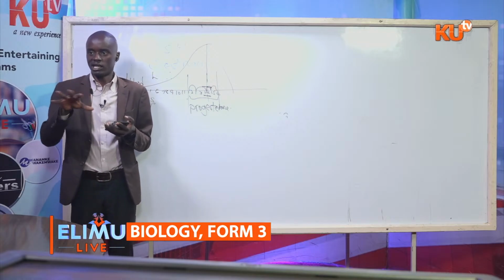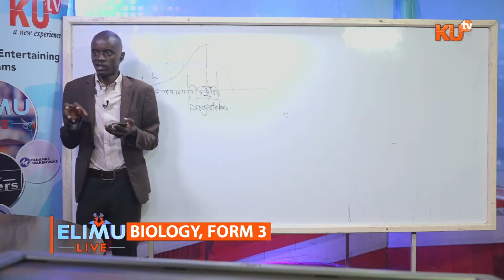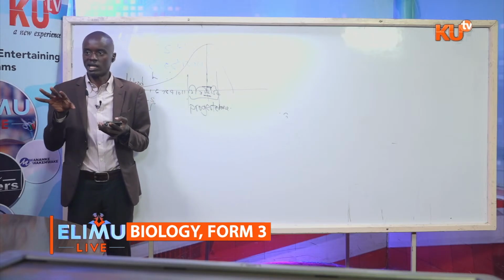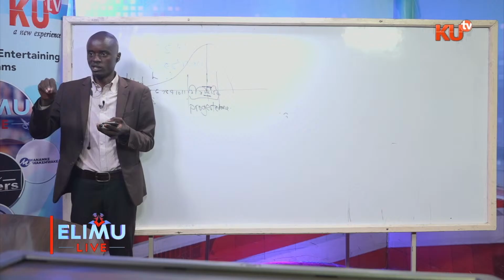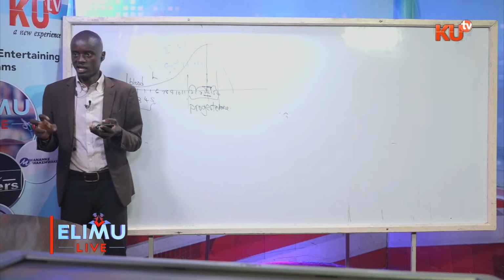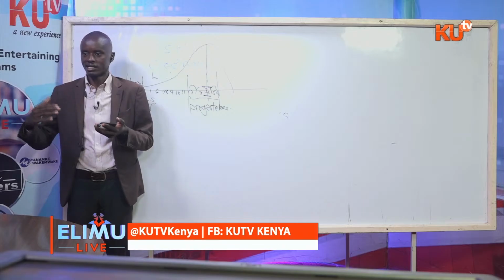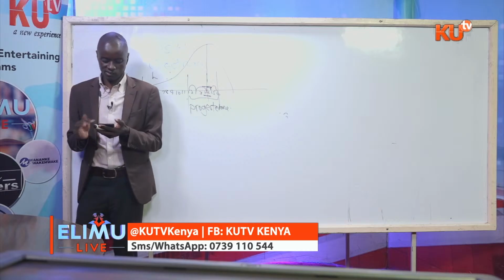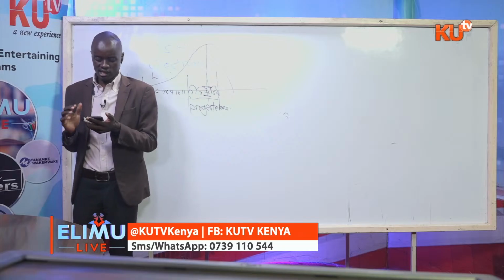So, if fertilization occurs, then the blastocyst that is formed after the fusion of sperms and ovum will have to implant or attach itself to the wall of the uterus so that it begins the gestation period. During this period, the wall of the uterus is expected to be thick, having more blood supply, and that is one role of progesterone. Now, number 2, as the level increases,